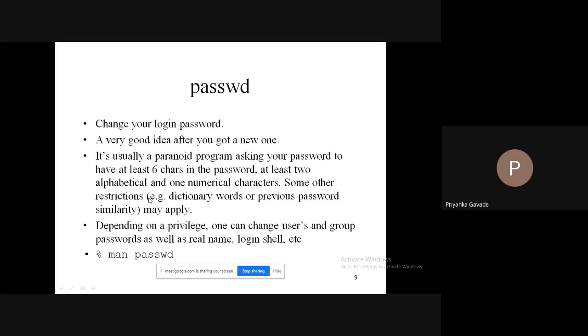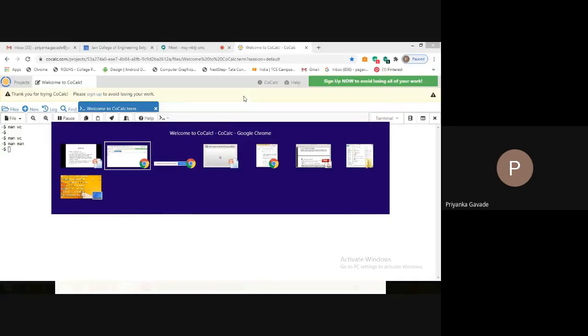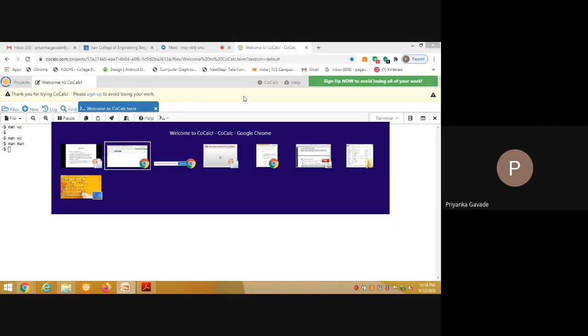How you are going to do it is by using the command passwd. As soon as I key in the command passwd, it is going to ask you to change the password. I shall show it to you with the help of the simulator here.